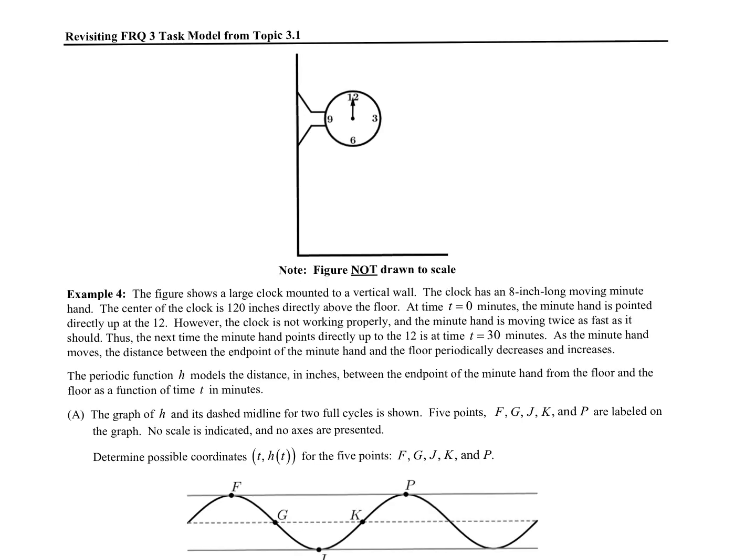The figure shows a large clock mounted on a vertical wall. The clock has an 8-inch long moving minute hand. The center of the clock is 120 inches directly above the floor. At times t equals 0 minutes, the minute hand is pointed directly up at the 12. However, the clock is not working properly and the minute hand is moving twice as fast as it should. Oh dear. Thus, the next time the minute hand points directly up at the 12 is at time equals 30